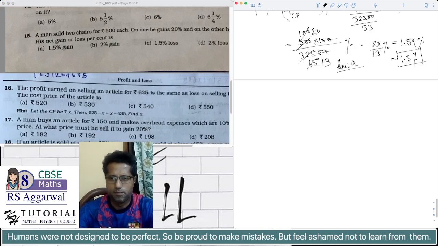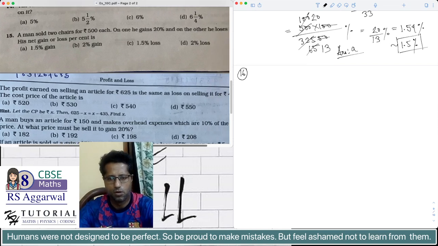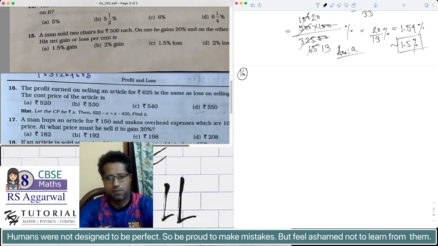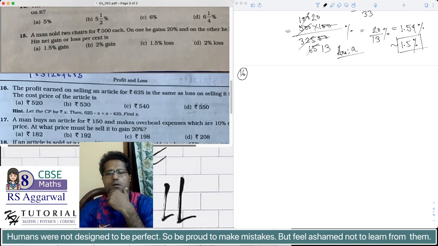Problem number 16. The profit earned on selling an article for rupees 625 is the same as the loss on selling it for rupees 435. The cost price of the article is? Okay, so the profit earned on selling an article for rupees 625 is the same. So let the cost price be